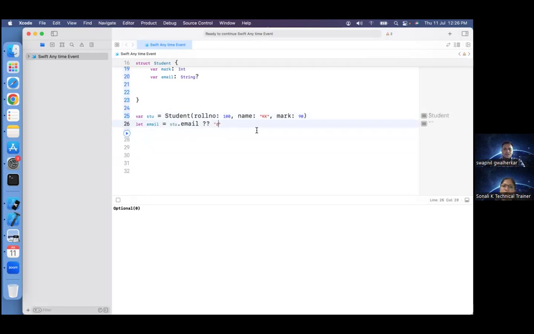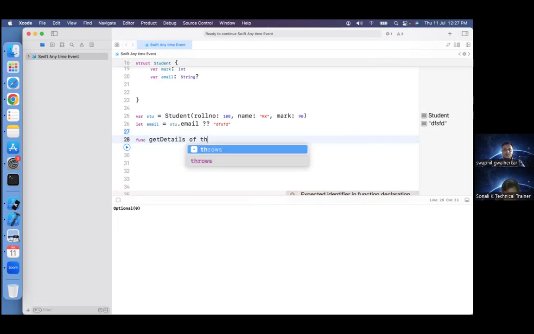Okay. So, do you know anything about guard? Yeah. So in this case, we can also use guard. Guard let is something like, if we have written a big method, let's say we have created a function, get details of the